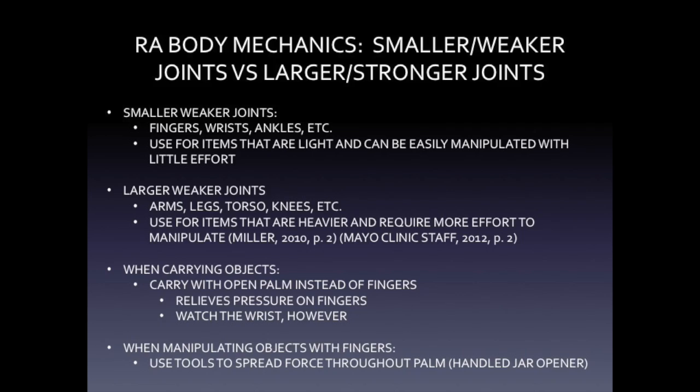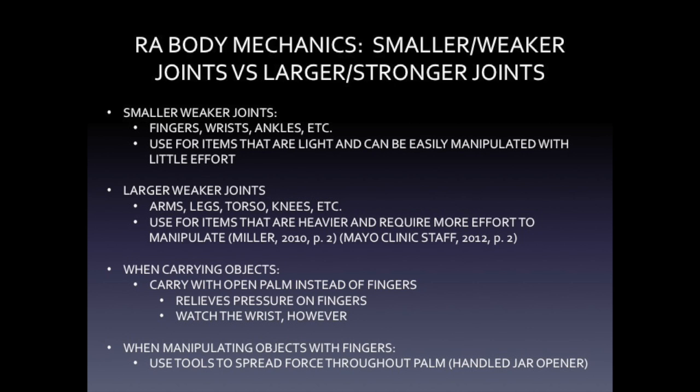If you perform a task and are still experiencing pain 2 hours after you're finished, cut back on everything else and get help with your other projects. But what about the joints? Well, when it comes to RA, it's best to realize the difference between your smaller, weaker joints and your larger, stronger ones. Your smaller, weaker joints, such as your fingers, your wrists, your ankles, and such, should be reserved for